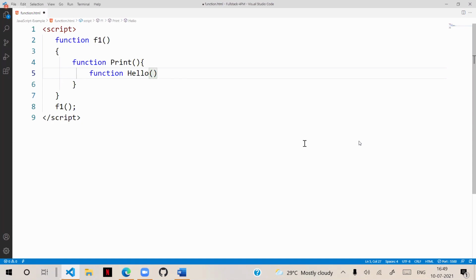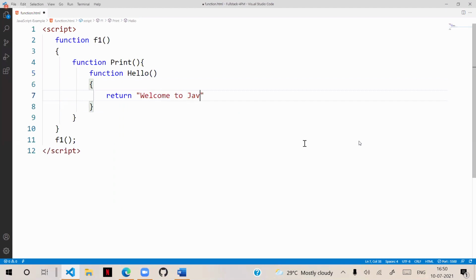That means this hello function is returning some message, like welcome to JavaScript. Whatever the function returns must be used by the outer function. Then the outer function should return that inner function value.